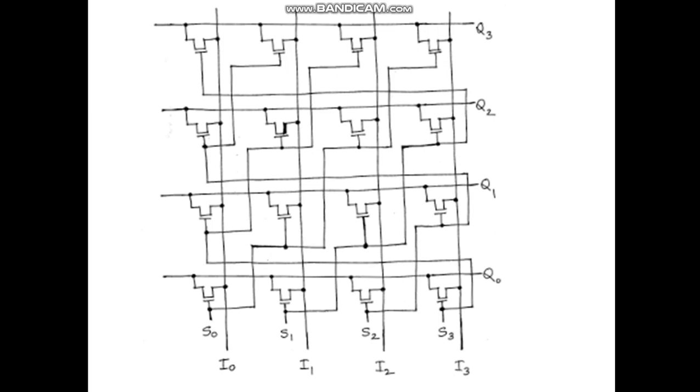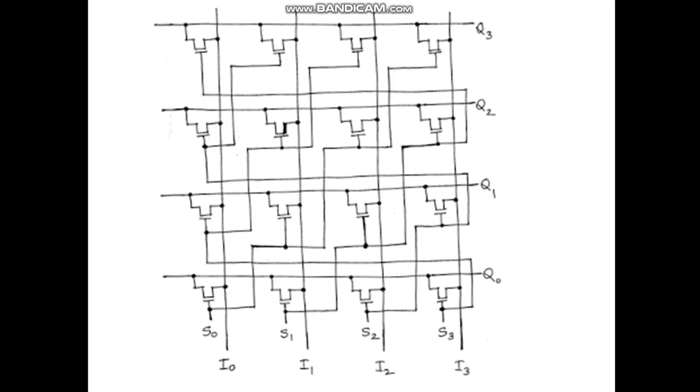The operation is similar to that of the crossbar switch. Now, if we don't want any shift operation to be carried out, and we want the output to be the same as the input, then S0 should be turned on. When S0 is turned on, outputs Q0, Q1, Q2, Q3 will be the same as I0, I1, I2, I3. Suppose we want the bits to be shifted by 1-bit position to the left or 3-bit positions to the right, then switch S1 should be enabled.